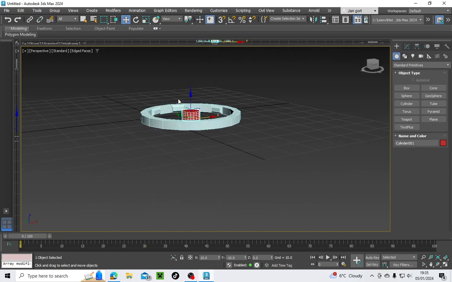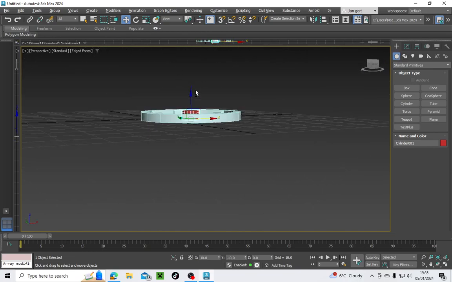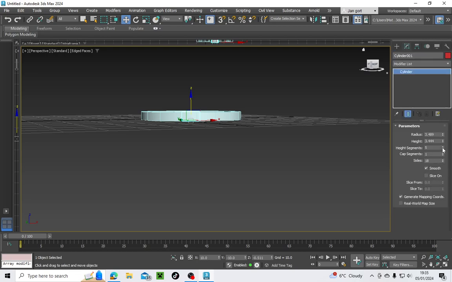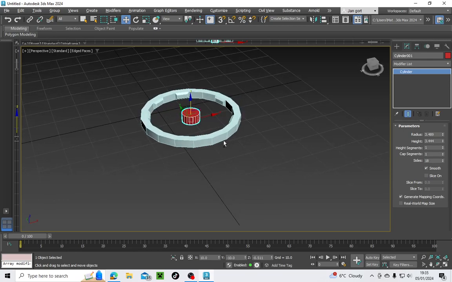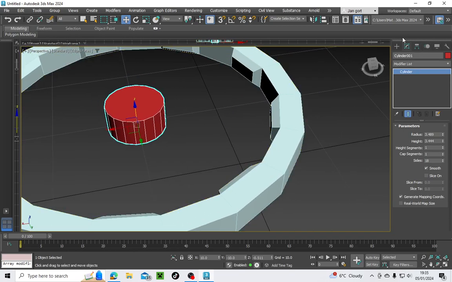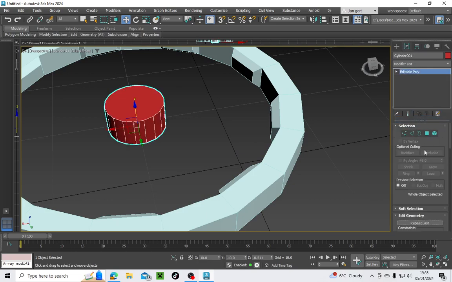So now I need to make sure this cylinder in the middle has exactly 18 sides. I'm just going to move it down so it looks a bit better. Boom, perfect. I'm going to make sure it has 18 sides, perfect. I'm going to get rid of some of these so it's less confusing to look at. Perfect. So then what I'm going to do after this, I'm going to right click, editable poly, and then I